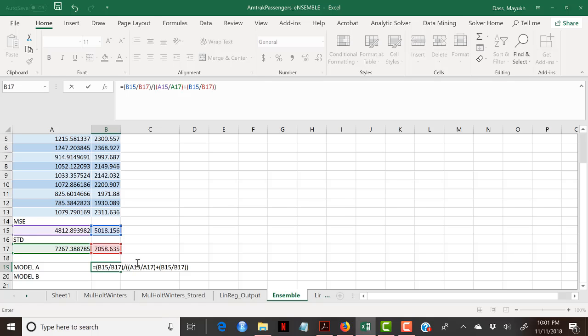Overall, that's the numerator, and the denominator is a sum of two ratios, which is the MSE of model A divided by the standard deviation of model A,